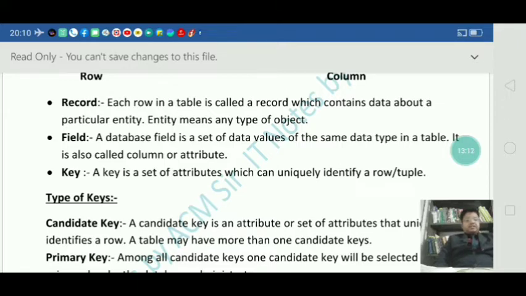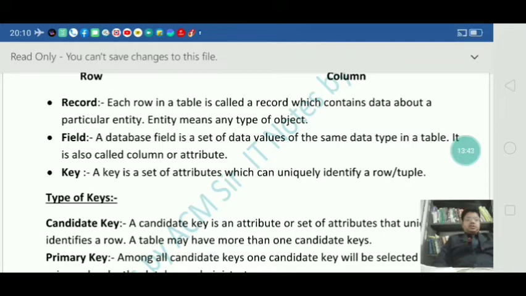Next, we have taken addresses of different students. All those addresses constitute another field. So likewise, any data values for any particular column constitute your field.